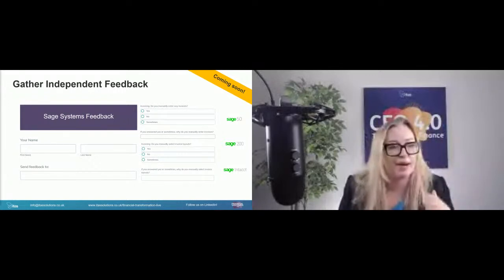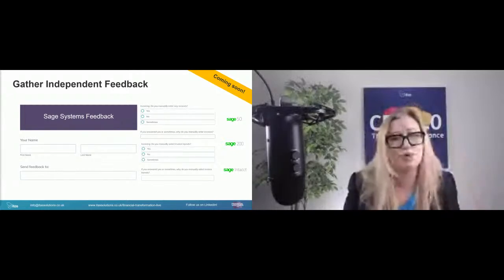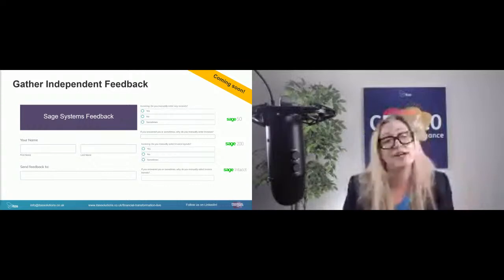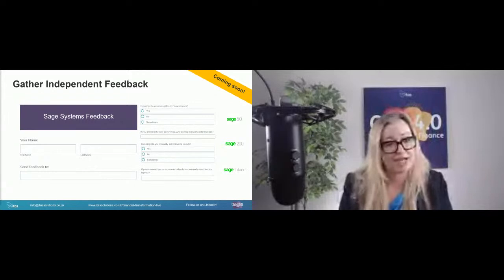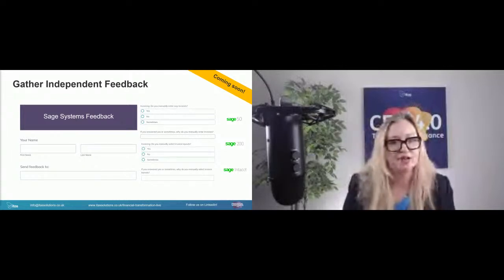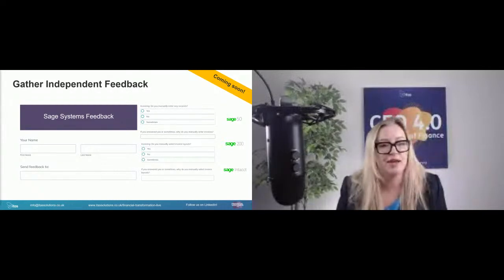Okay, but you'll notice there's a big difference. There's that first wave of how do you find your system working, what's working well, what's not. It's really generic, and we're looking for them to give us feedback, and that's how I start all of my sessions when I'm doing an assessment. And then the second wave of feedback is about understanding what the pinch points are in their particular processes, where they are spending time doing selections and manual entry, so that we can then pick out where to automate.